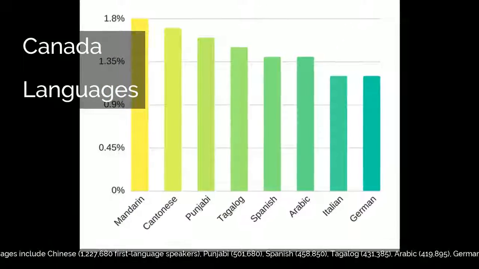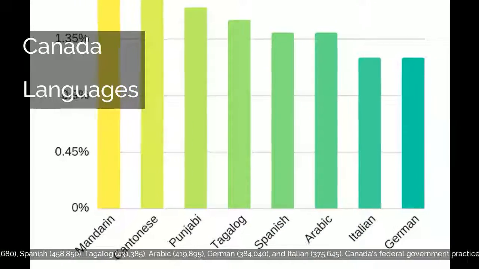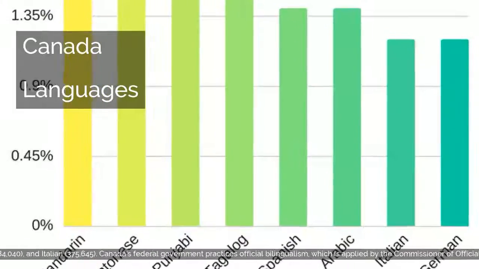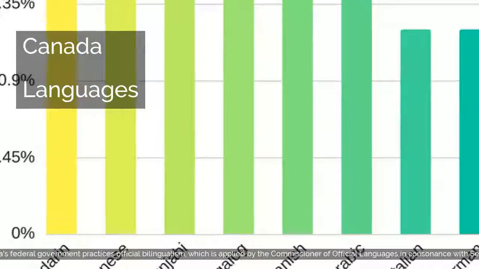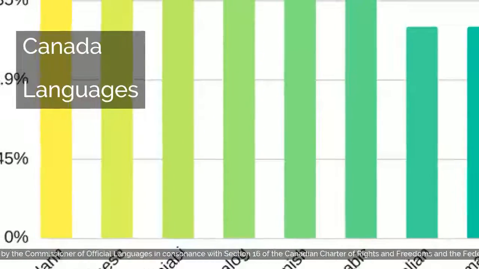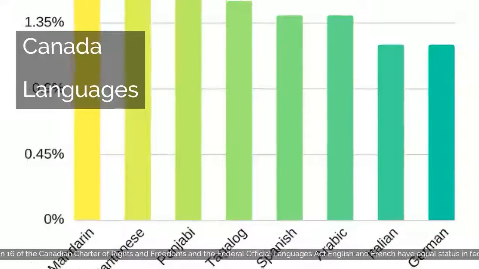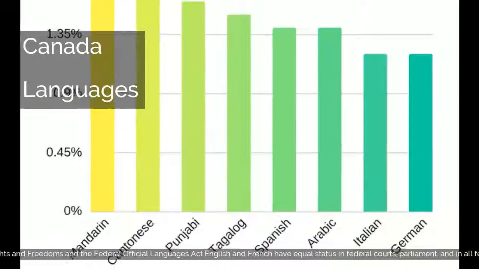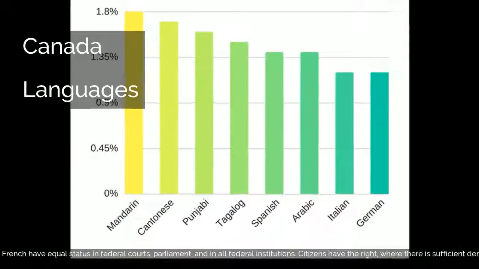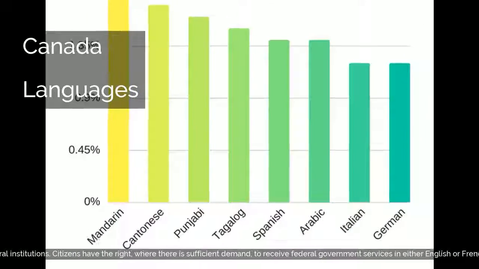1,227,680 first language speakers, Punjabi, 501,680, Spanish, 458,850, Tagalog, 431,385, Arabic, 419,895, German, 384,040, and Italian, 375,645. Canada's federal government practices official bilingualism, which is applied by the Commissioner of Official Languages in consonance with Section